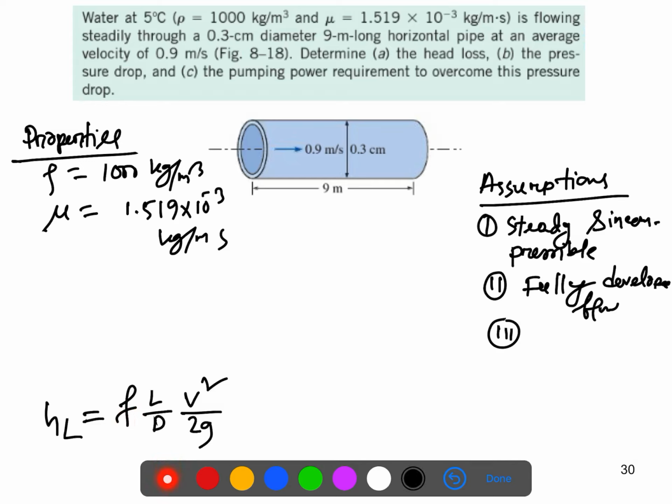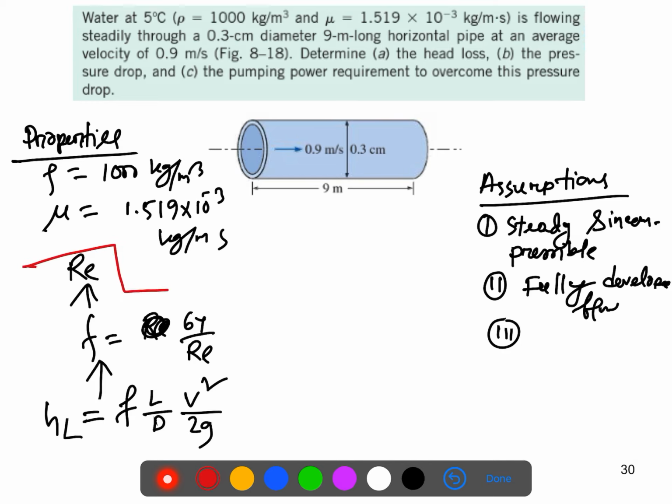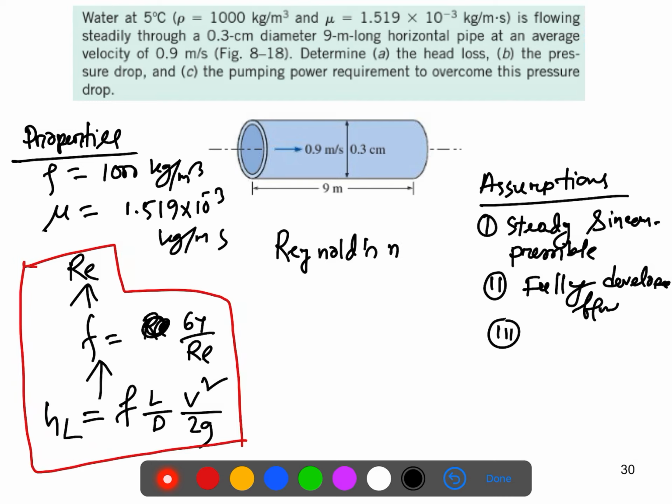So that means to solve this we need f, the friction factor. If the flow is laminar, then it is 64 over Reynolds number. So that means we need to calculate the Reynolds number, right? That's the overall flow chart we need to follow for the first part of this problem. So at first we will calculate the Reynolds number, and we know the Reynolds number Re is equal to